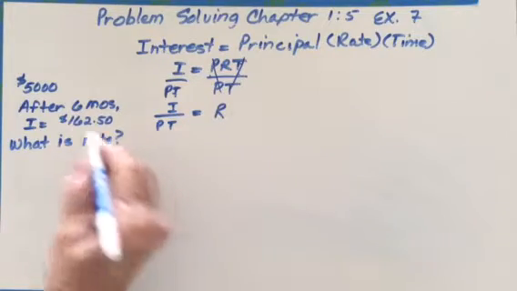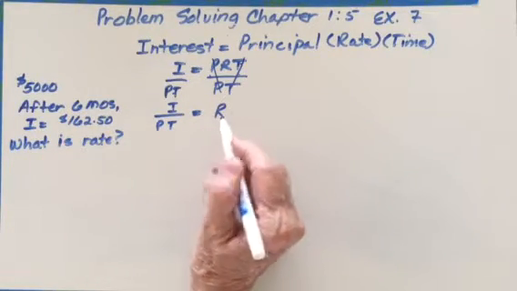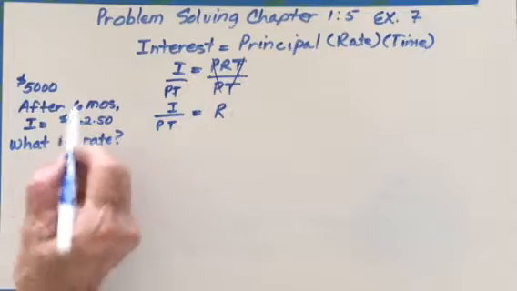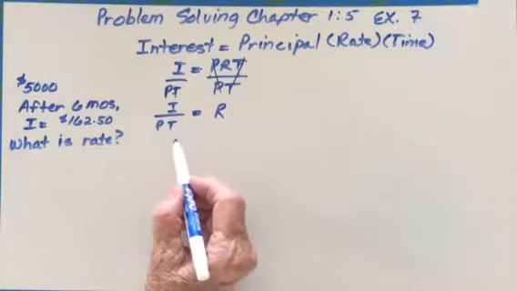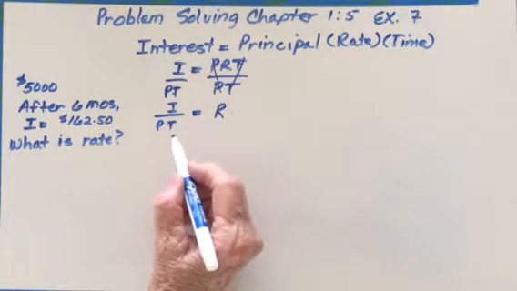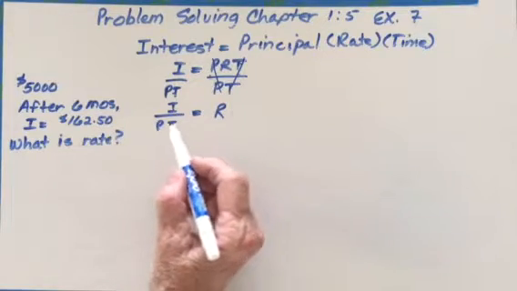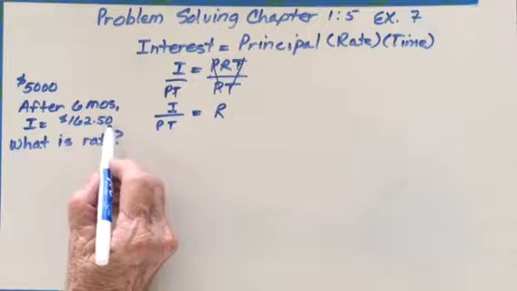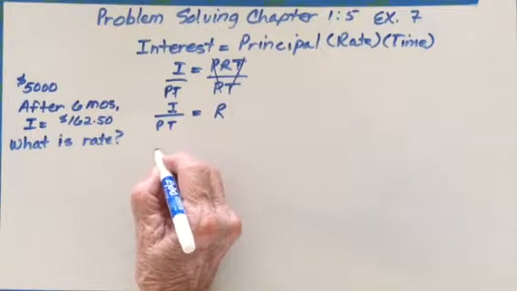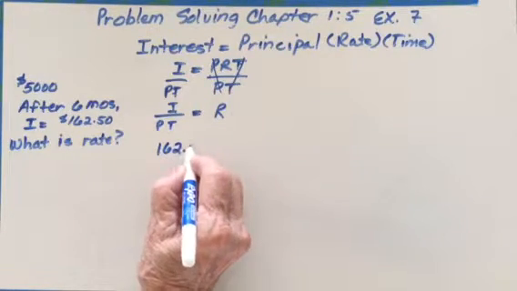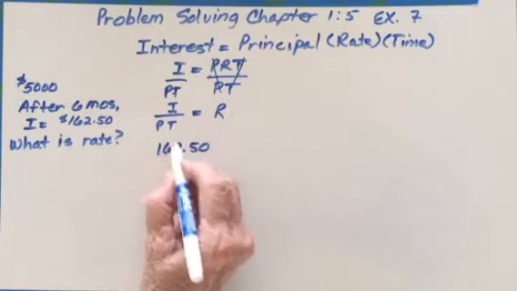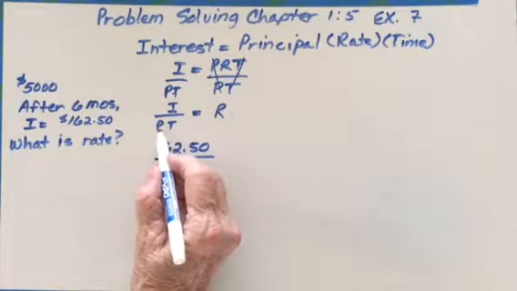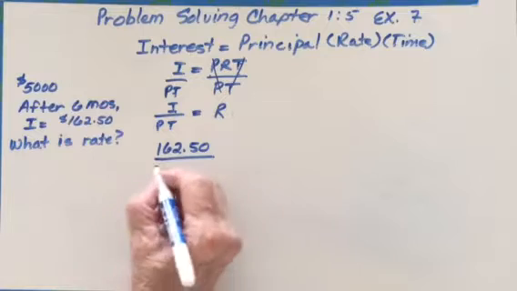Now we don't know what rate is. Over here it says what is the rate. We don't know. But we know some other numbers. So all we're going to do now is plug these numbers in. The interest, well, we earned $162.50. So I'll write 162.50 divided by, now what was the principal? The principal amount was $5,000